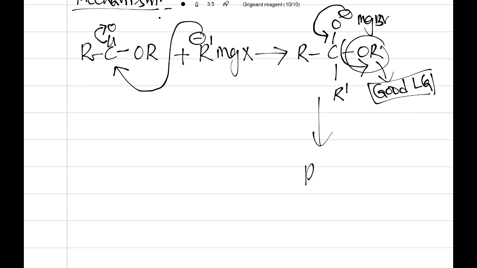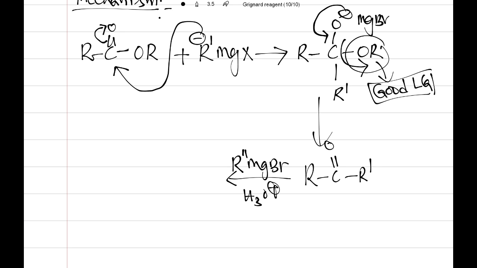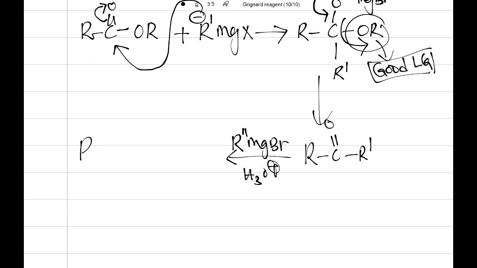We can get the ketone. So RC double bond O R dash we can get, and from this one, if I react with another mole of Grignard reagent on hydrolysis, and we know this mechanism, we know the mechanism from the ketone to tertiary alcohol,